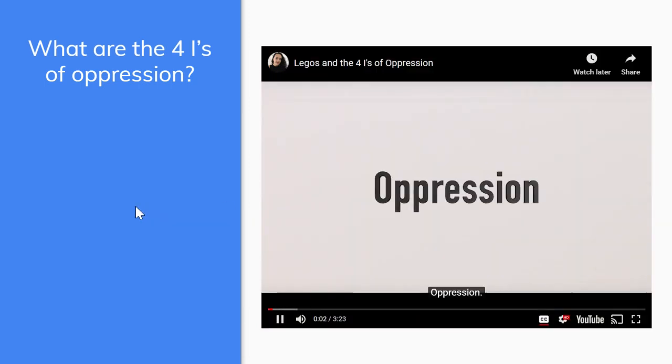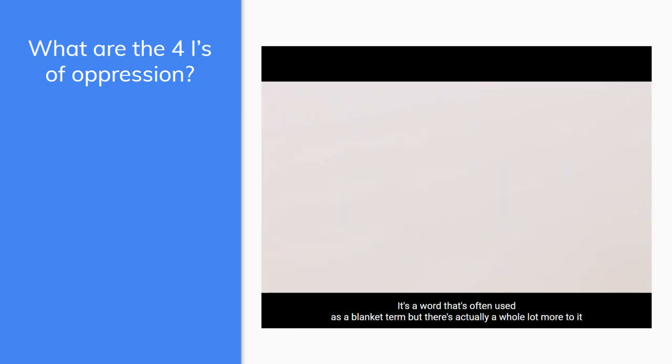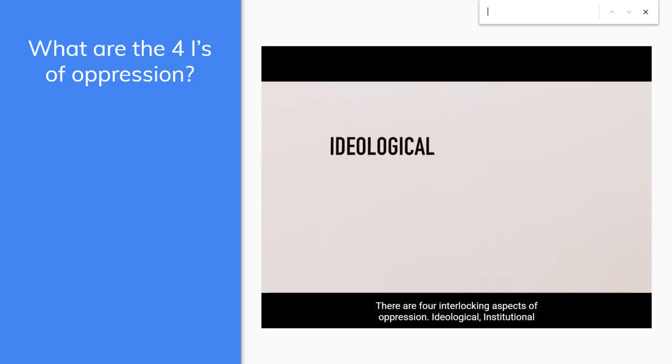Oppression. It's a word that's often used as a blanket term, but there's actually institutional